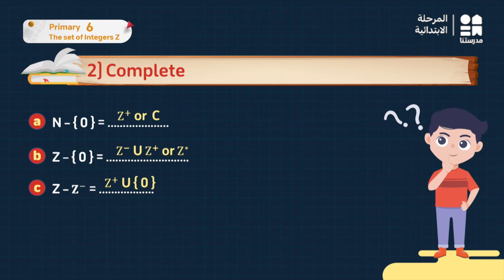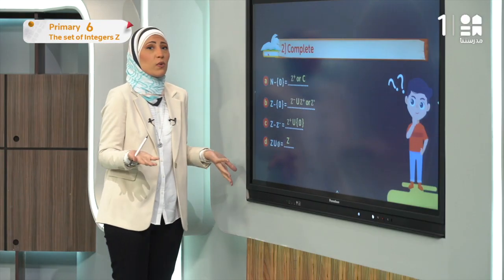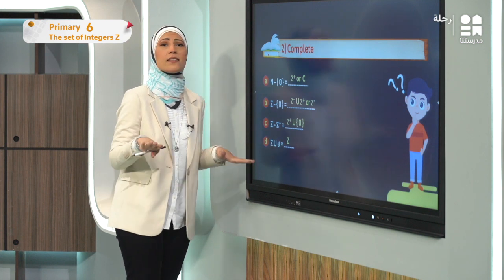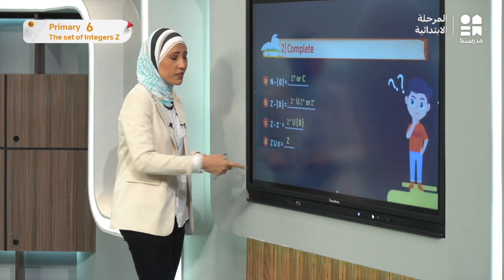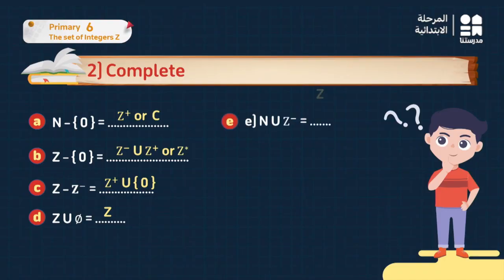So here I can also add the n. Z union phi. Z union phi equals what? Equals z. What does this phi mean? Phi is nothing, it's an empty set. So it will be z. I will have the z. Here I have the natural numbers